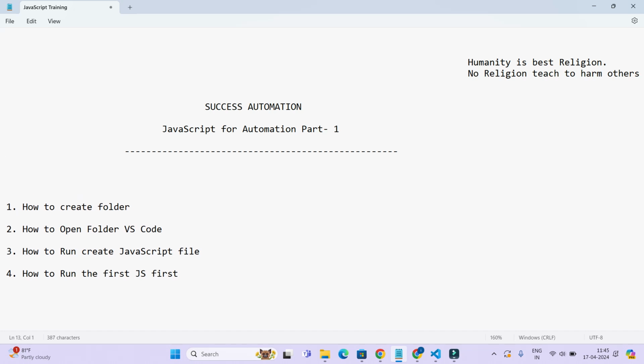Prior to this, you should have installed the prerequisites. First you need to install Node.js, and second is VS Code. These two things we need to install. Once it is installed,